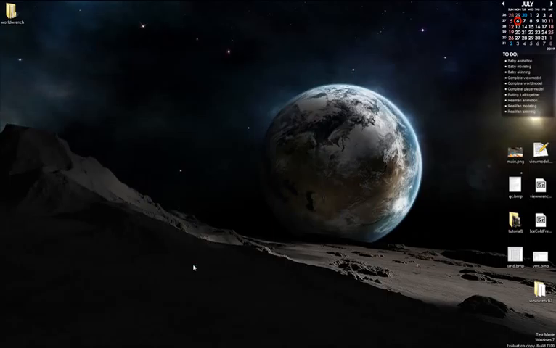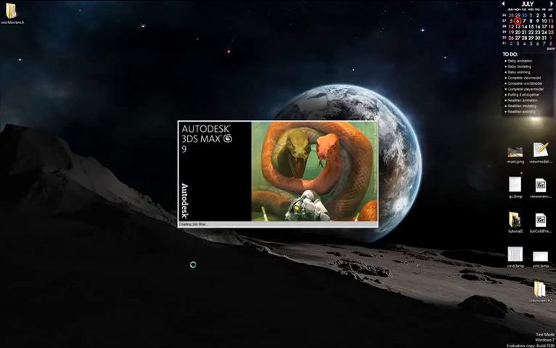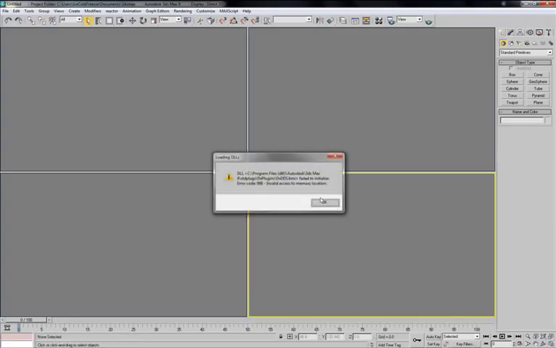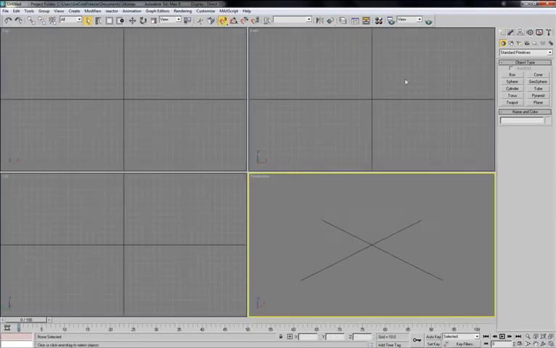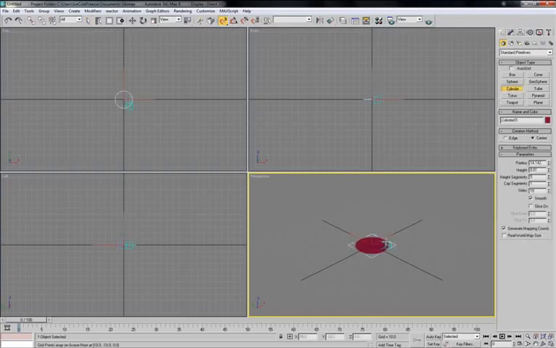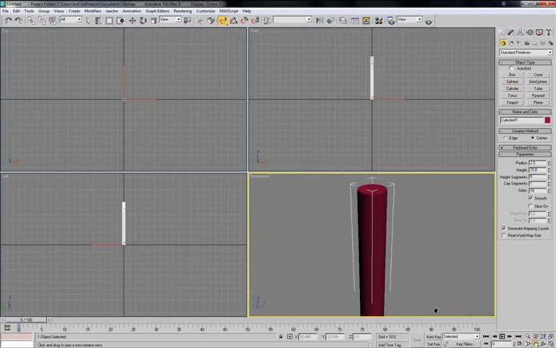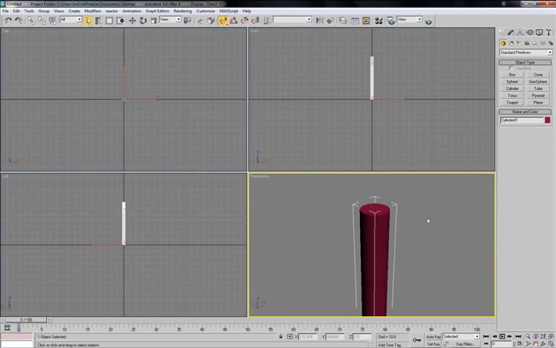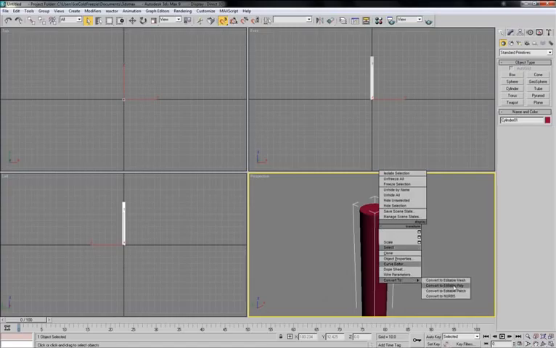Open up 3ds Max. And I'm going to turn on snaps and just make a generic cylinder right in the middle. Set your radius and height to the same as you did in the previous tutorial. If you're just starting out, put your radius at 2 and your height at 70. You're going to scale it all later, so when you're making your model, don't worry about how big it is. So right click it, convert it to an editable poly,